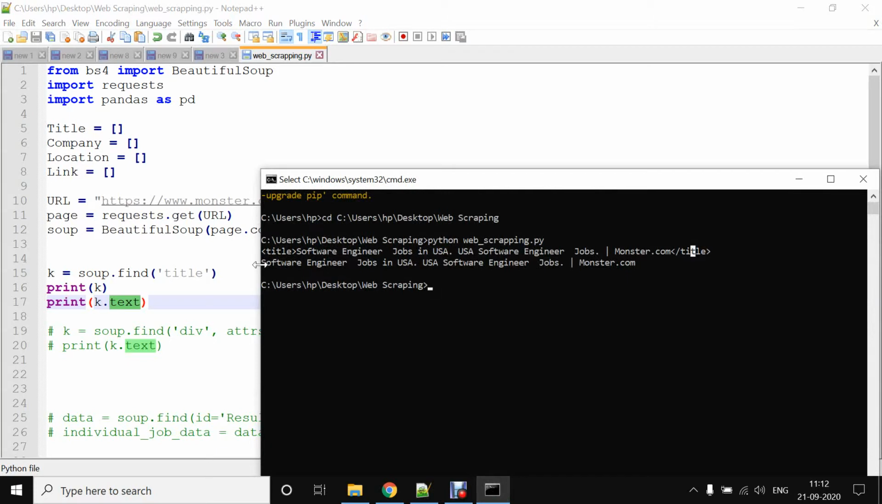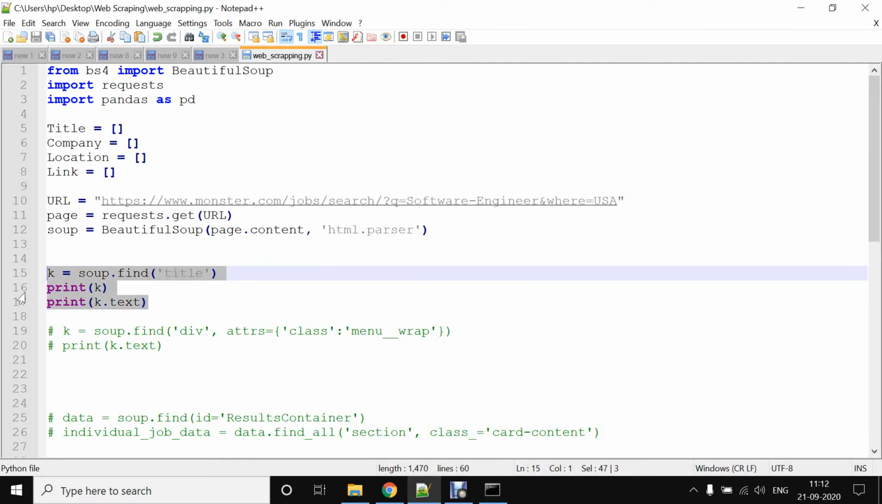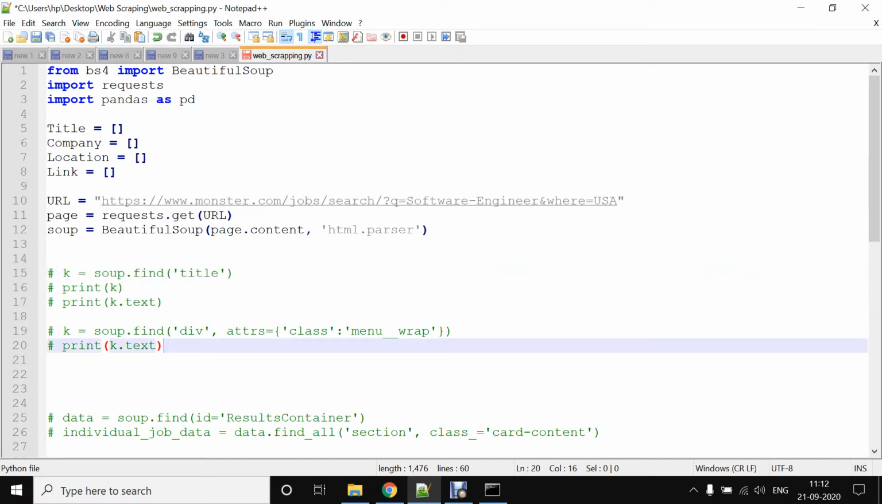So you can see in the second line we have used software engineering jobs in USA. Okay, so only the text part is shown. I'm just explaining this from the basics. So this is how it actually works. Now we'll comment this out, and I will explain a second scenario, from the source